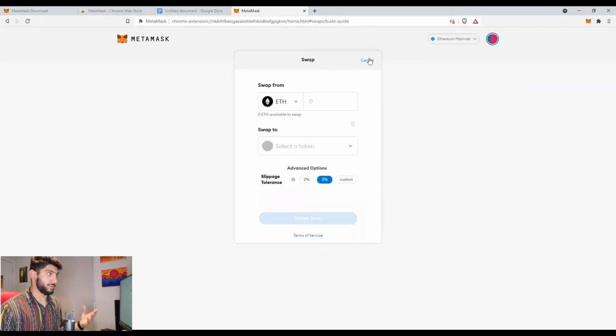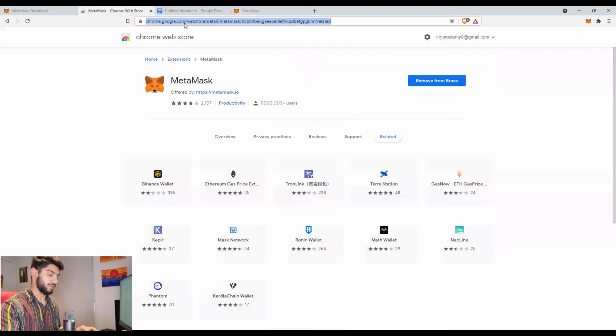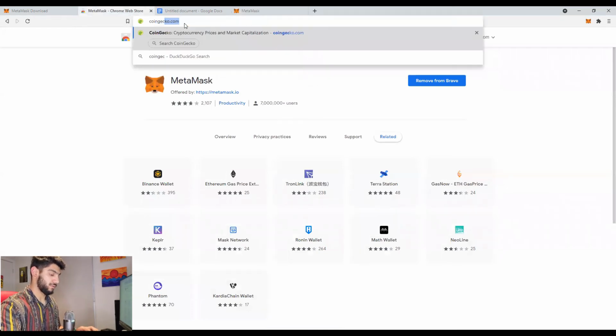If you want to add a specific token, the best practice would be to go to any website like CoinMarketCap or CoinGecko and take the contract ID from there, because there are sometimes tokens with the same name that can be scams as well. When people know that people are sending money to wallets, they create ones with the same name, so that if you send it by mistake to those wallets, you will never get it back. And you have to do your own diligence here, and find the right contract address on